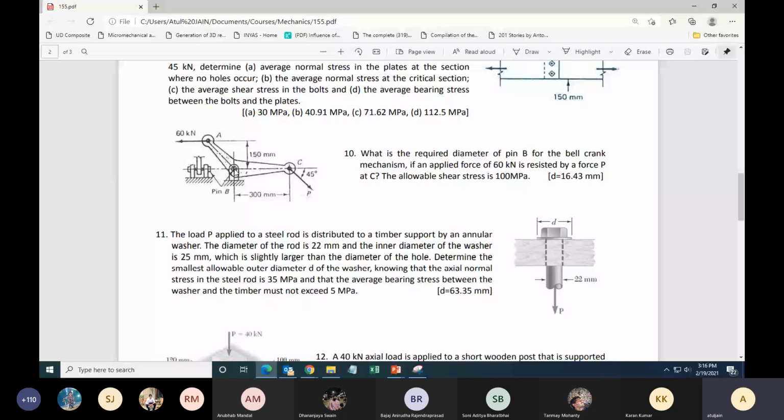I am getting 16.434 millimeters. I think this is the mistake you have made. You have just taken the value of Bx and By, but you should take the square root of Bx square plus By square. To understand that, let us go back to our